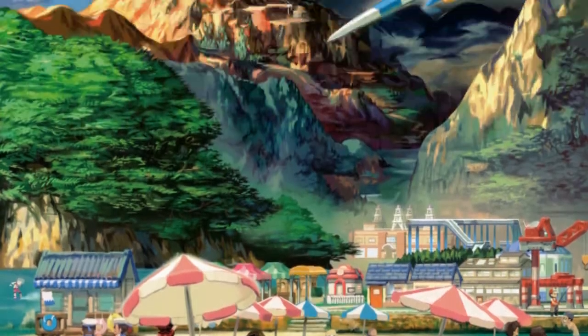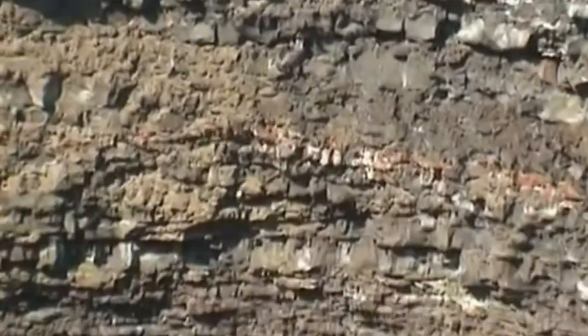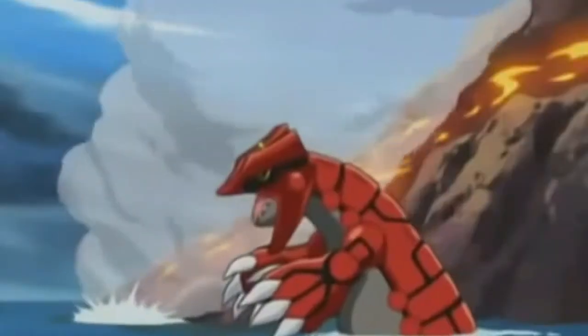Hoenn is an active volcanic area, and as you may have seen from a few videos on YouTube of things falling into active volcanoes, it's quite easy to cause a small eruption in an active volcano as the pressures and the temperatures are so high underneath the ground. So a strong Pokemon like Groudon could rupture the ground and maybe cause a small volcanic